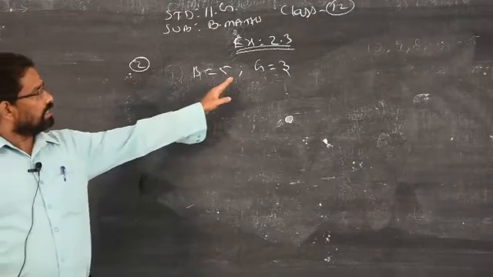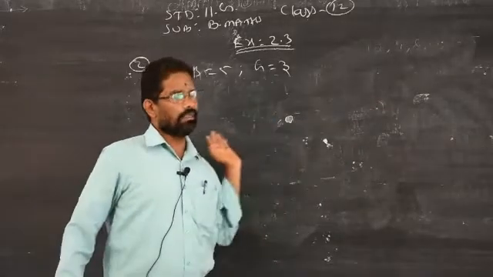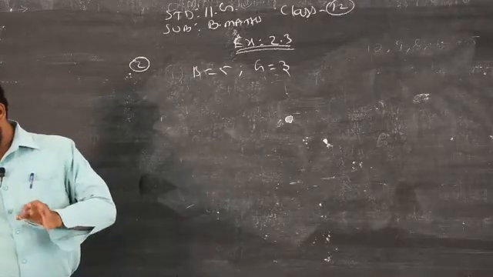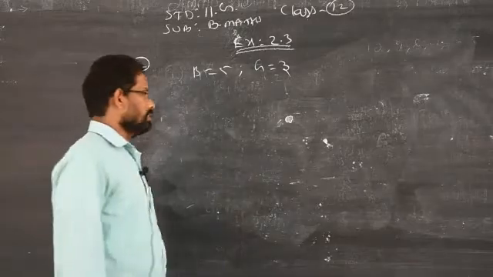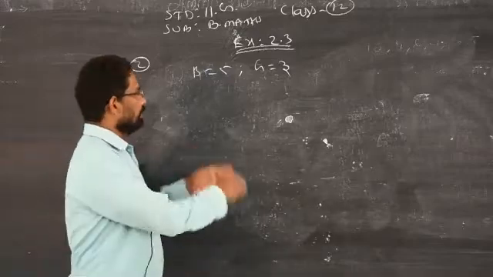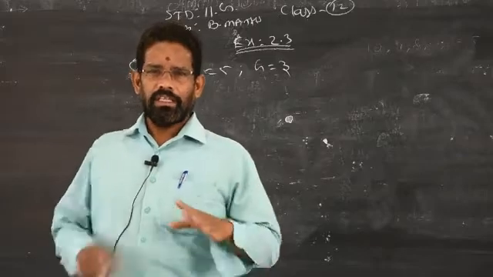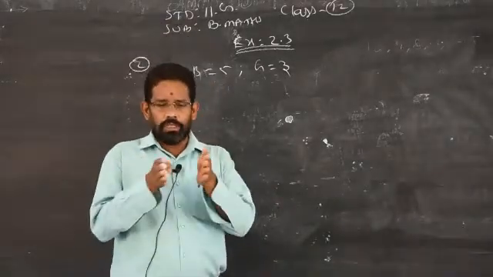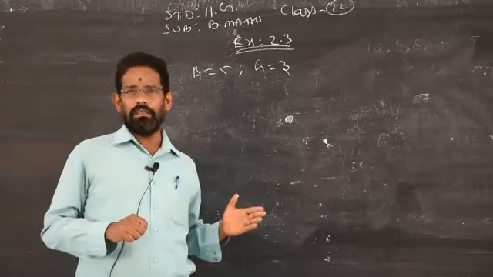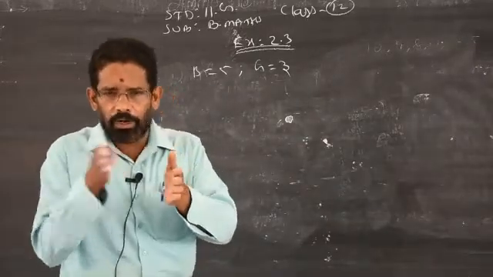So there are 5 boys and 3 girls. They are asked to sit in a row. Row means in a straight line manner. The condition is given very clearly. No two girls sit together. So, see the conditions, very beautiful conditions. When the girls are not allowed to sit together, which means the girls should be occupied where? All the three girls should not sit together, which means what is the alternative possibility?